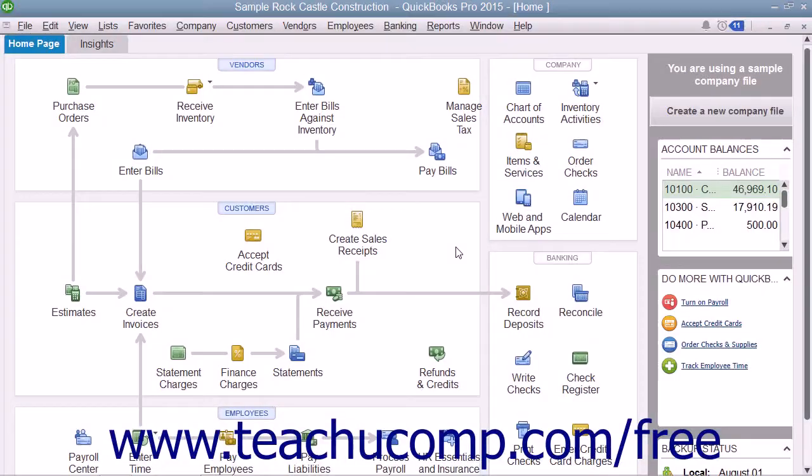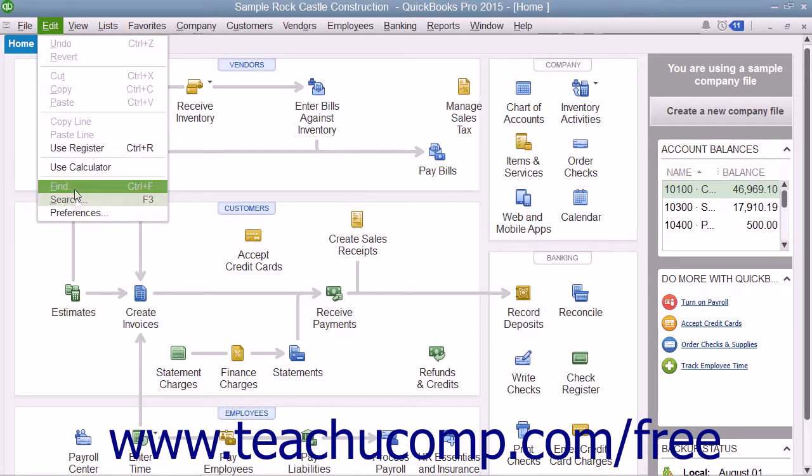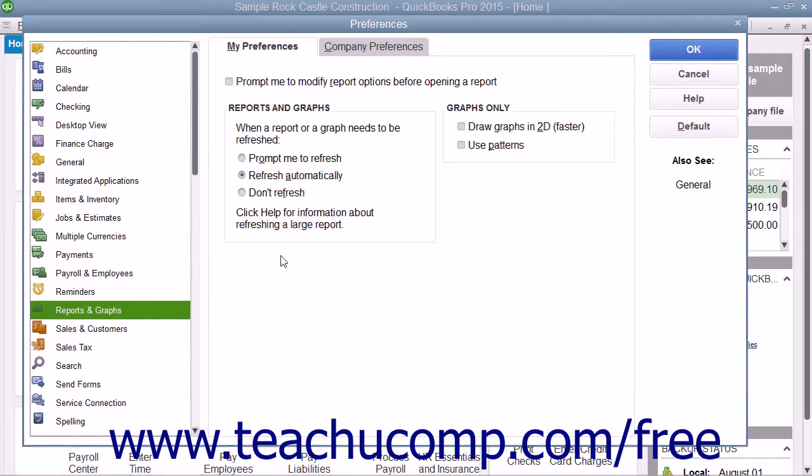www.teachucomp.com/free. You can set the default personal and company preferences for reports and graphs created in QuickBooks by changing the settings within the Preferences dialog box. You can access these settings by selecting Edit, then Preferences from the menu bar to open the Preferences dialog box. In the Preferences dialog box, click the Reports and Graphs icon in the category listing shown at the left side